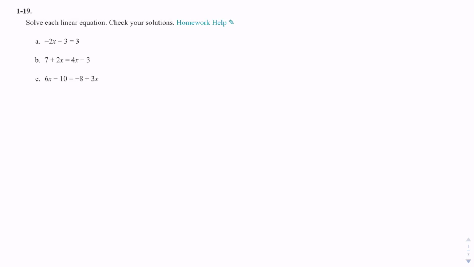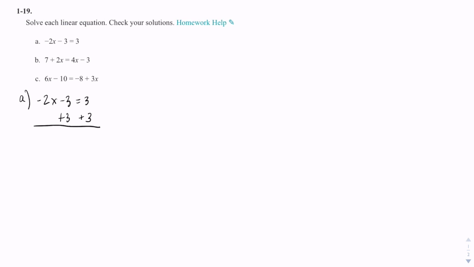For 19, they want us to solve these equations, right? And again, we're going to use algebra to do this. So negative 2x minus 3 equals 3. So first I'll add 3 to both sides, right? Because the goal is to get x all alone, so we have to get rid of everything around the x